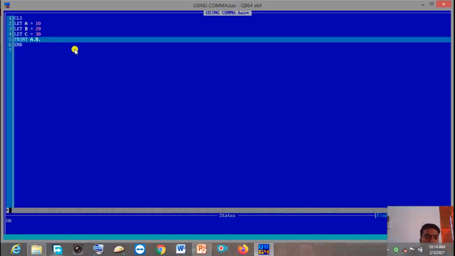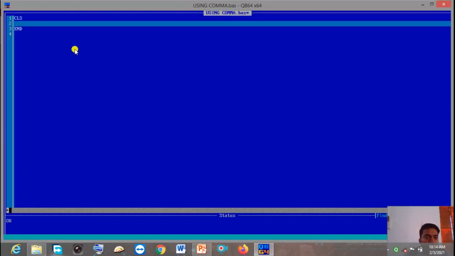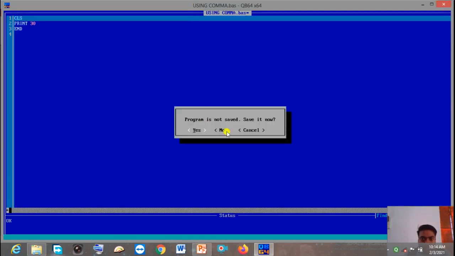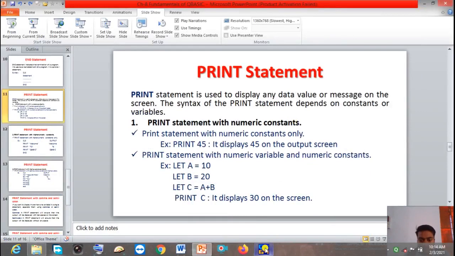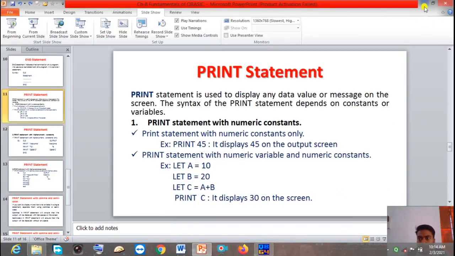First, let me simply display a number by using the print statement. Print 30. Now I am going to run this program. Wait a minute, it's not working.